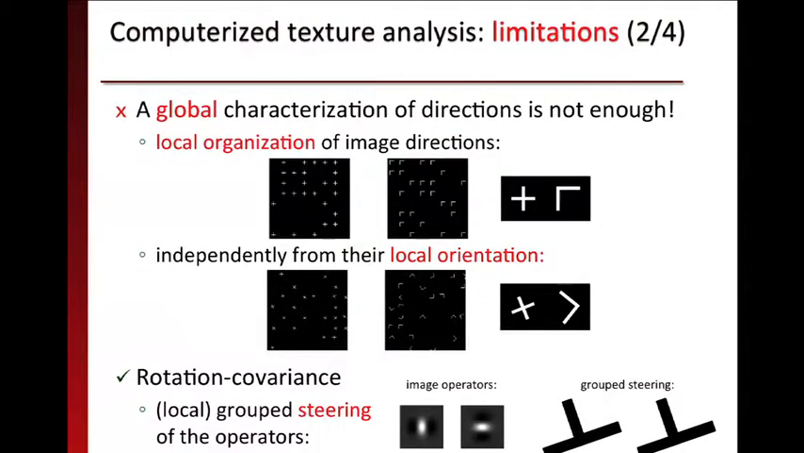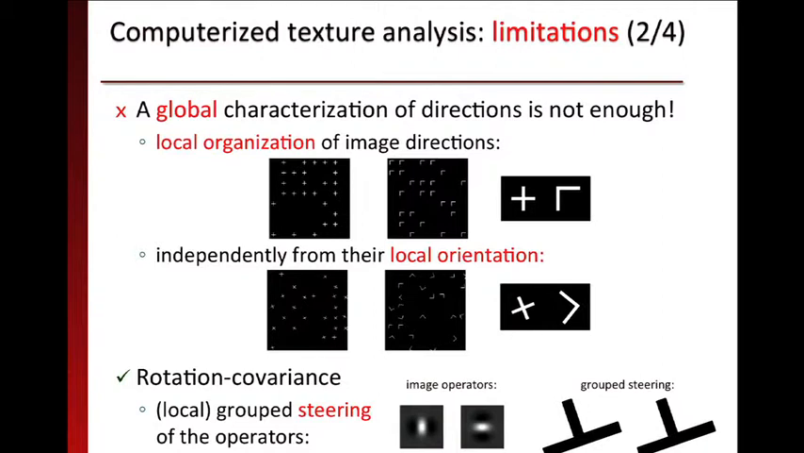And so we need to characterize the local organization of image direction. And if we can do it also independently from their local orientation, then we can also discriminate patterns with random local rotations. So in this work, we will leverage one property that will help for both of these two problems, which is